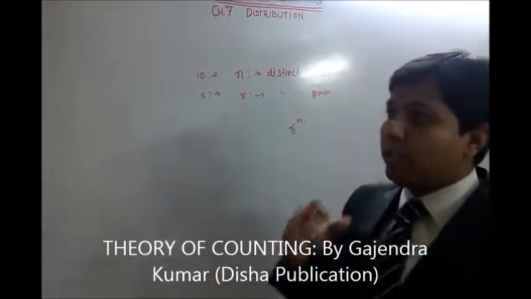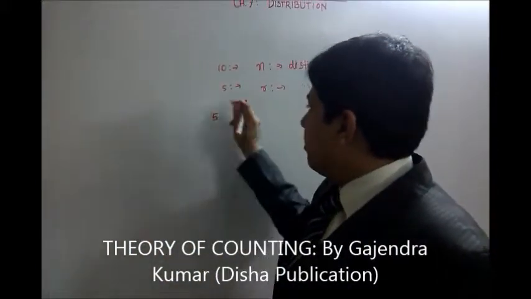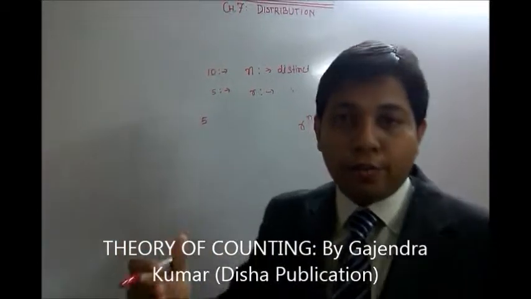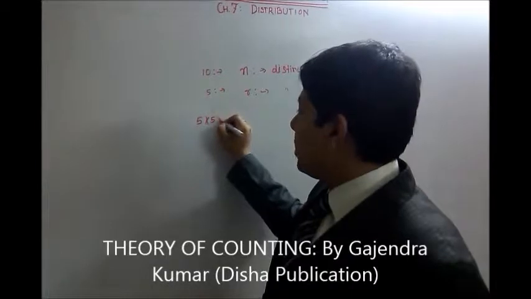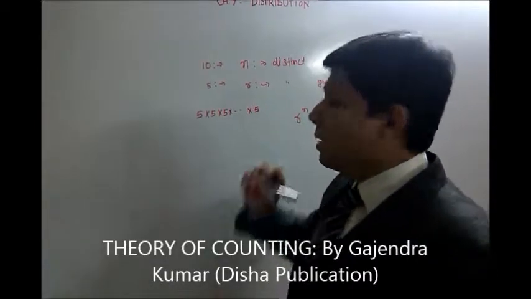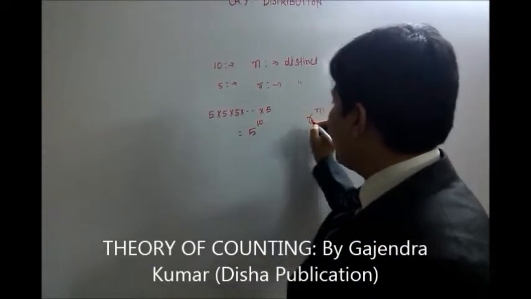Let's call the first student. How many ways can we deal with the first student? 5 ways, because we can send that particular student to classroom number 1 or 2 or 3 or 4 or 5. Similarly, call the second student. How many ways? 5 ways. Third student? 5 ways. And so on. 10th student? 5 ways. So the total number of ways is 5 to the power 10, or r to the power n.